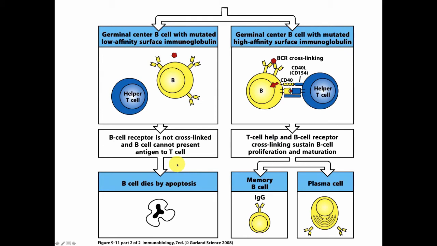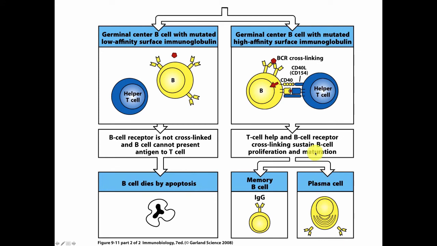Okay, so just to review the things that are happening during the germinal center reaction, when a B cell gets activated in the follicle, it may proliferate. Those B cells will have somatic hypermutation that results in mutation of the B cell antigen receptor. If that mutation results in a higher affinity of the B cell receptor for antigen, these B cells will be selected to survive. They'll engage with more antigen and get more T cell help, and you'll have more sustained proliferation and maturation, and these B cells will be destined to develop into memory B cells or antibody secreting cells known